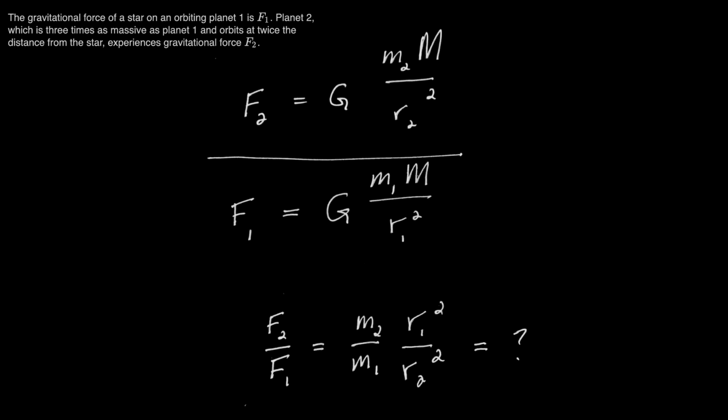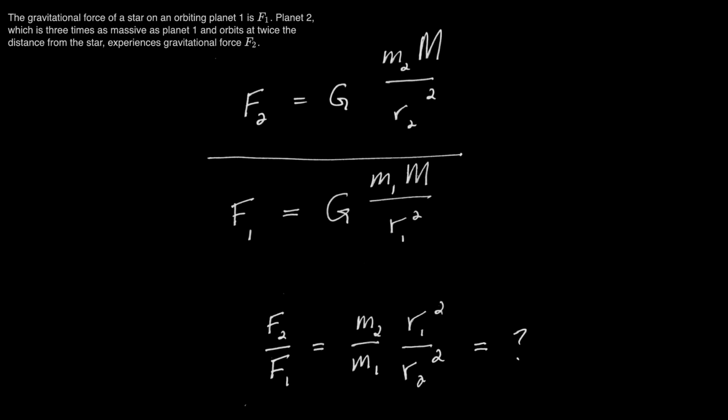So what I'm going to do here is explicitly divide the two equations. Here, F2 equals G, M2 times the mass of the star that is being orbited, divided by the radius of the orbit squared. So that's G M2 M over R2 squared. I'm going to divide that, a fraction I made out of two equations,